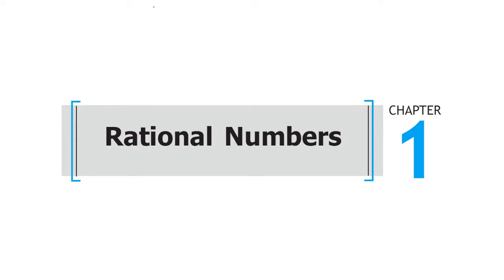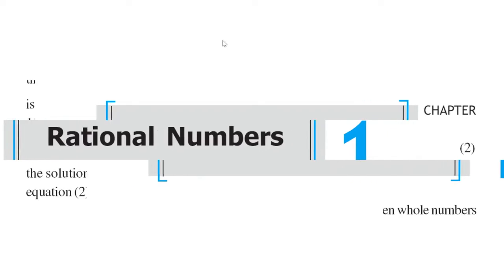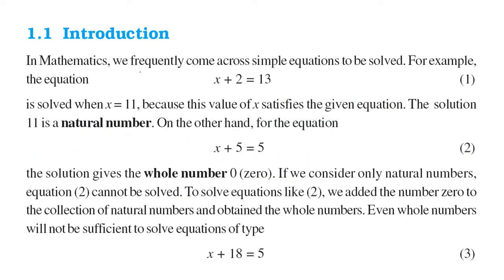We are taking the first chapter, that is the rational number. So we have frequently come across certain equations like this: x plus 2 is equal to 13. Now this kind of equation, what is the solution of this equation? You have to put something in this x so that when it adds to 2 it becomes 13. So when we solve it, we can subtract 2 from both